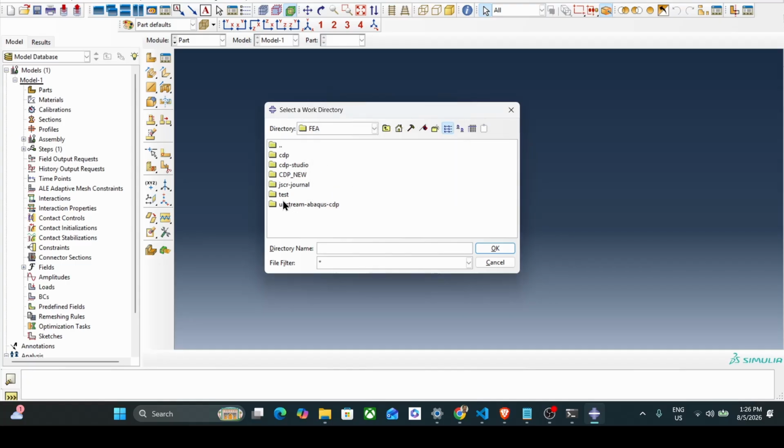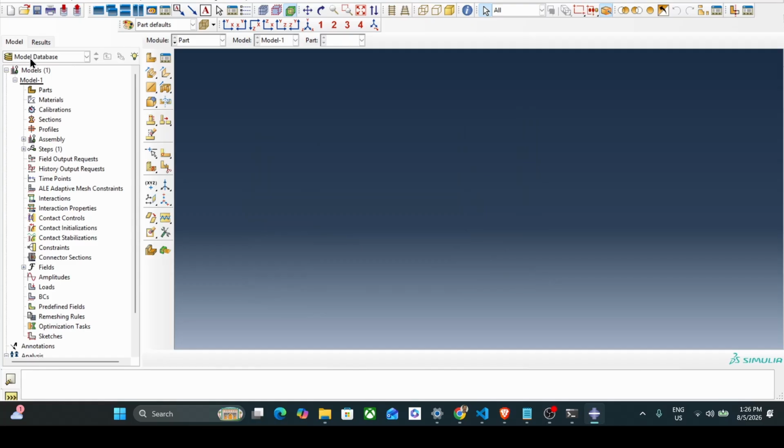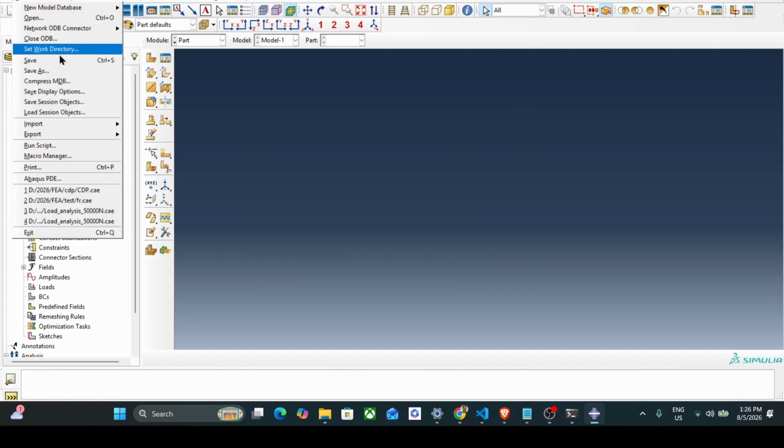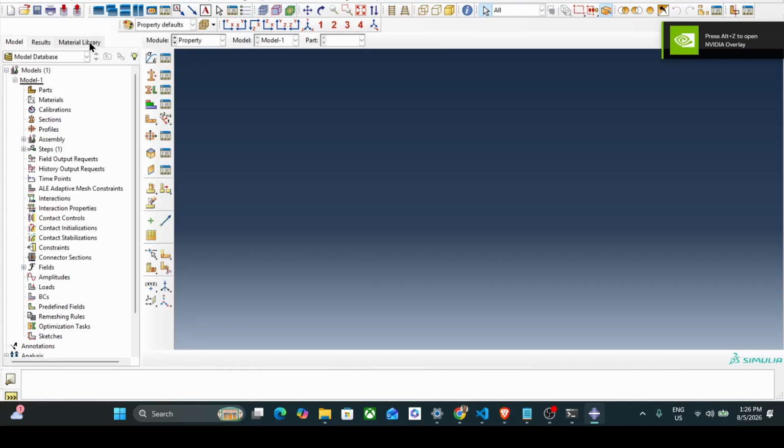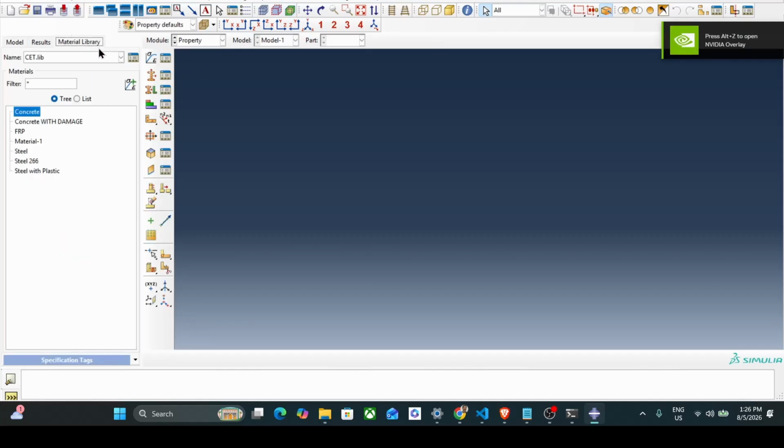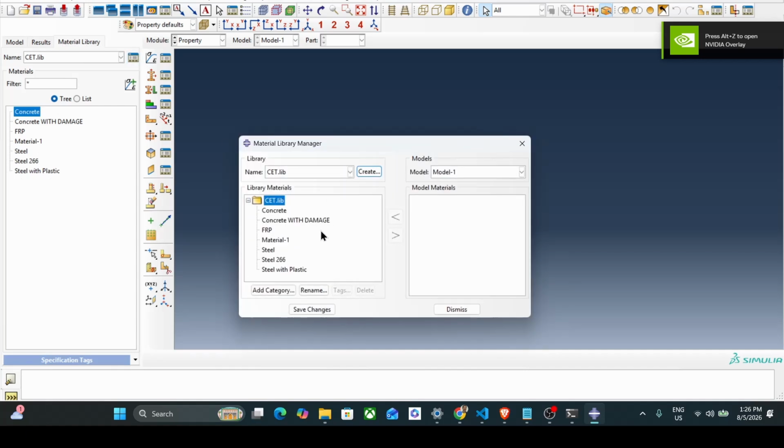Okay, so this is my folder CDP new. Now your working directory is CDP new. This is the most important one, otherwise this won't work. Next, go to property. Then if you go to material library and try creating anything, nothing will